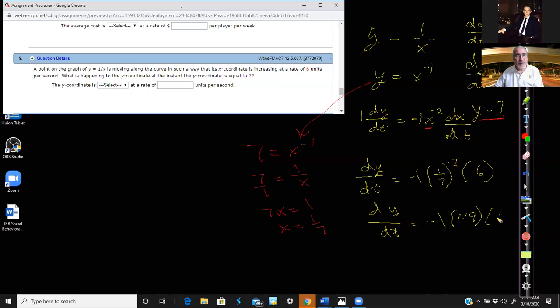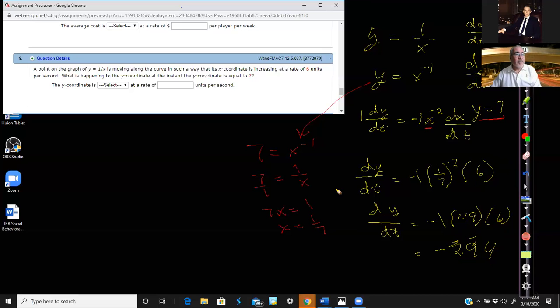Right? Negative exponent means reciprocal. Reciprocal of 1/7 is 7. 7 squared is 49. And so what's happening to dy dt is we've got -1 times 49 times 6, which is 294. That's way out there. 294